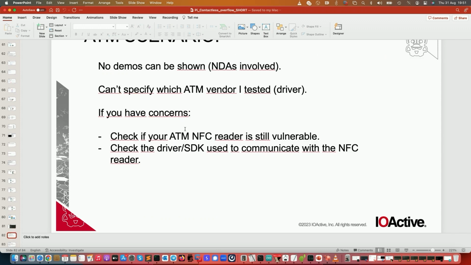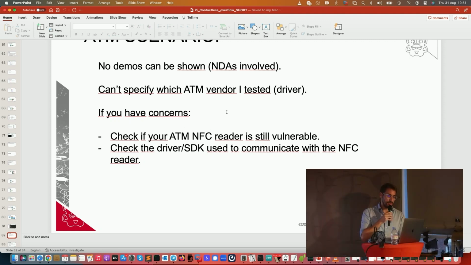So at this point, you could be thinking, okay, but have you ever tried this chain of attack in an actual ATM? And I can tell you that yes, but the only way to prove this was in a lab of production ATMs, because you can buy ATMs, but with the production software and everything, to me it's really hard to get that. I don't know if maybe you can get that, but I couldn't. The problem is that there are some NDAs involved, so I can't tell you what ATM I was working with and what driver was involved in this issue. But yeah,